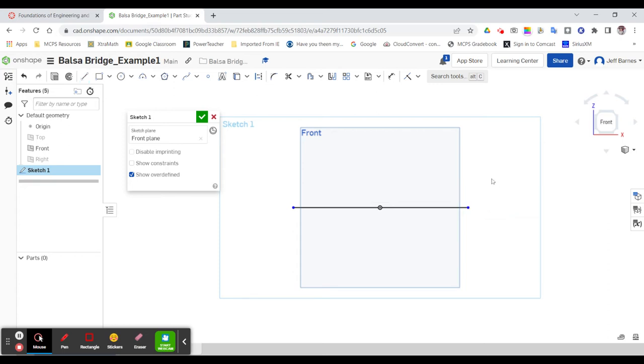Now, I know the base of my bridge is 10 inches. So what I want to do is make it symmetrical. In order to do that, I'm going to select the dimension tool and I'm going to dimension each half of the bridge, or each half of the base, one at a time. And then in total, it'll equal 10 inches. So I'm going to select the endpoint and then select the origin point